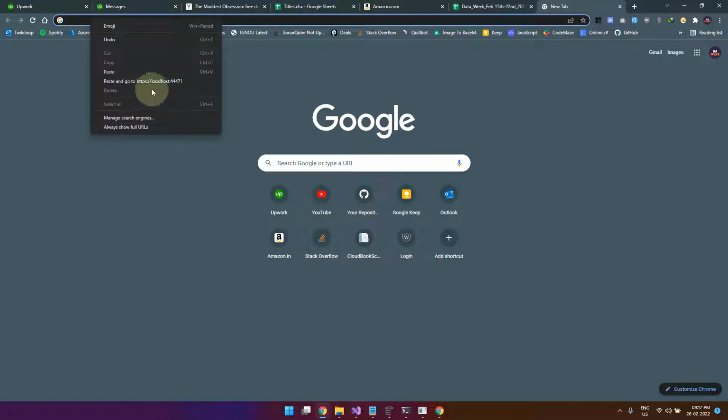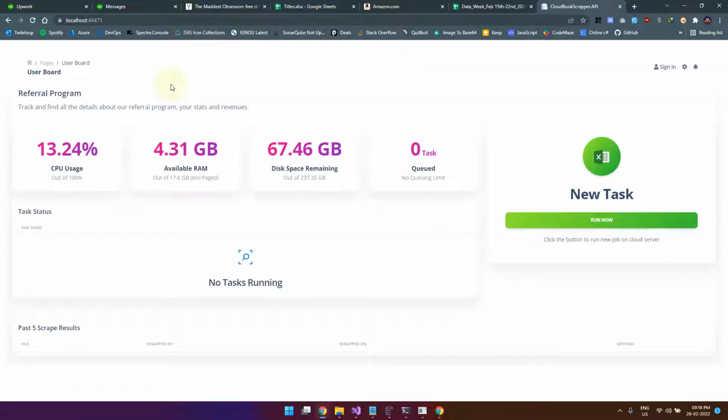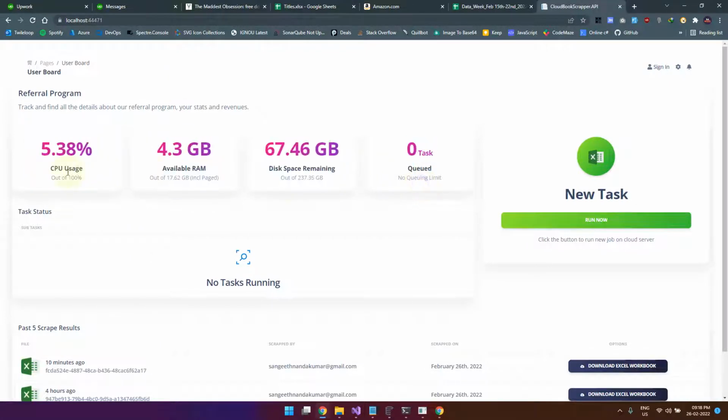I will just show you a glimpse of how the website will look. This is running on localhost, in this dashboard of the page. If somebody logs into the page, this is the page that he will be presented with. And here on the top, we can see live statistics from the resources of the cloud server that this page will be hosted on. I added this so that the user will get to know how loaded the server is. Right now it is showing the load of my local machine.